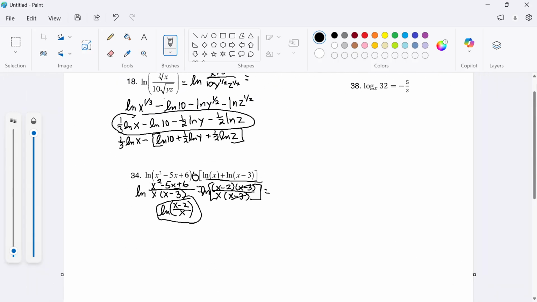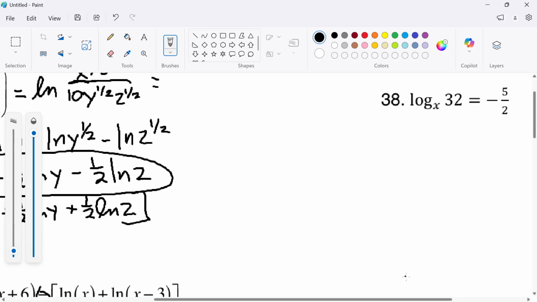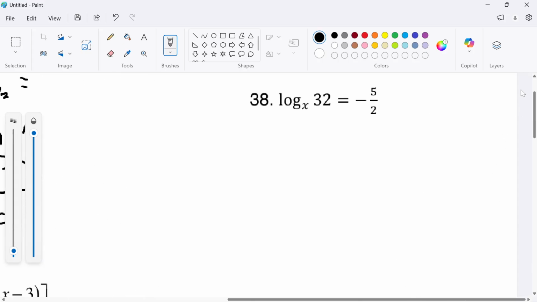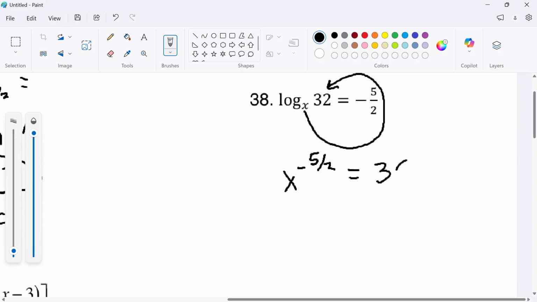And then on this worksheet are also some that ask to solve the equation without a calculator. Well, remember the fish hook. This is x to the minus 5 halves equals 32. So to undo the square root, I put it to the 2nd power. To undo the 5th power, I take the 5th root, and I want to make that positive, so I'm going to go like that. So this is x, -5 halves times -2/5 is 1, equals 32 to the